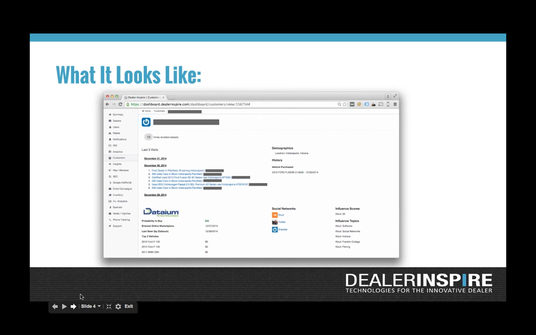And probably the most exciting kind of in-depth piece is vehicles viewed and price points. So can't tell you where we saw them or where they were looking at them at, but we can tell you their top 3 vehicle choices just based on the research done, and then what those price points are. So I think that's hugely powerful when you start a conversation with a new customer. So it's kind of helpful.